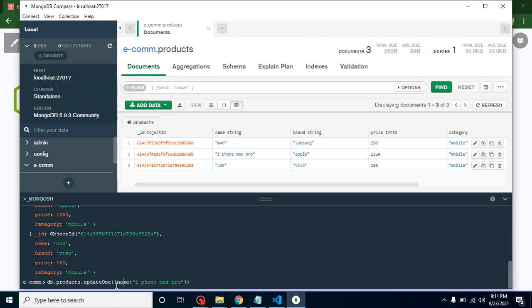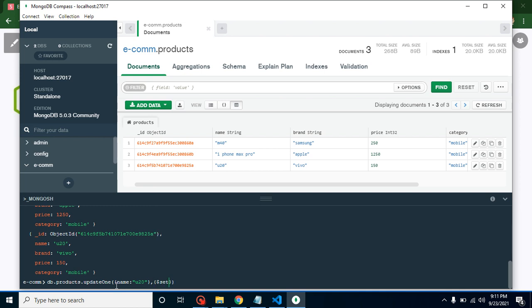So what we can do here, we can simply go with the other mobile name, let's say U20, and you want to update its price from 150 to 100. So for that, let's create one more object here.